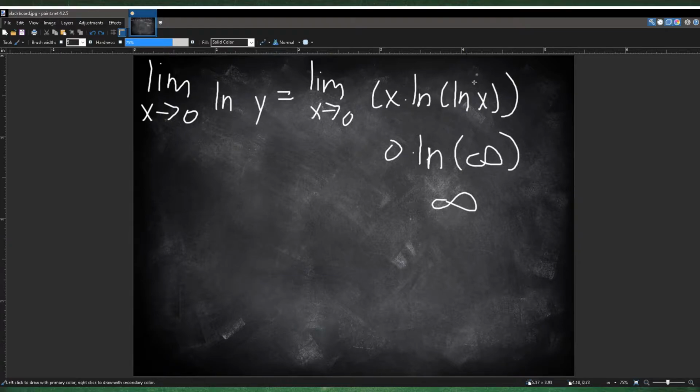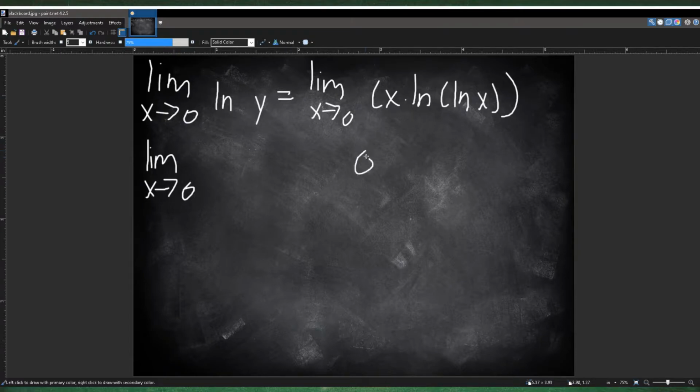So ln of 0 is infinity, and ln of infinity is infinity. So you have 0 times infinity. So this is an indeterminate form of 0 times infinity. So you could use L'Hopital's rule. Okay? So using L'Hopital's rule,